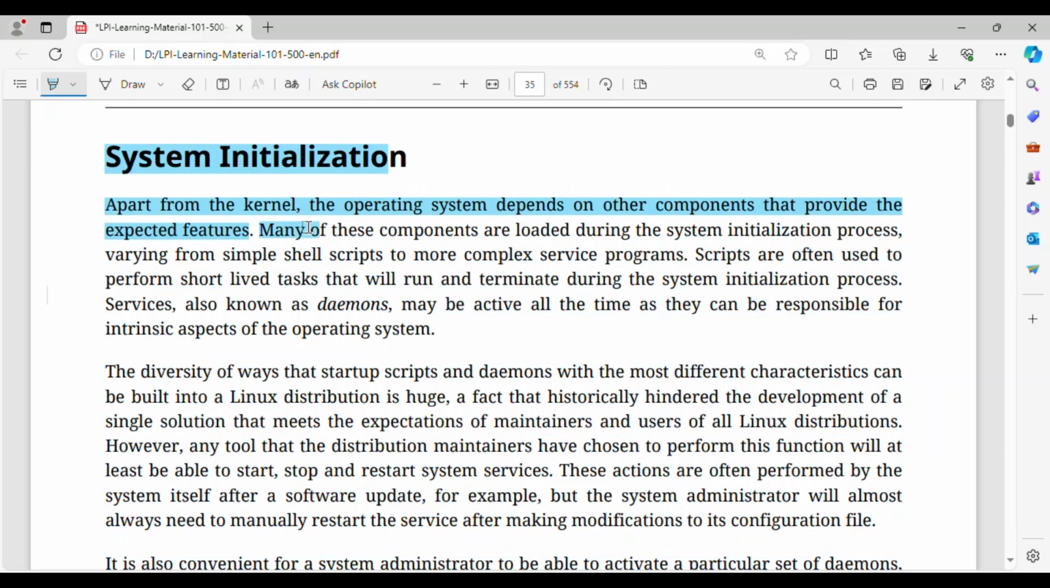Many of these components are loaded during the system initialization process, varying from simple shell scripts to more complex service programs. Scripts are often used to perform short-lived tasks that will run and terminate during the system initialization process. Services, also known as daemons, may be active all the time as they can be responsible for intrinsic aspects of